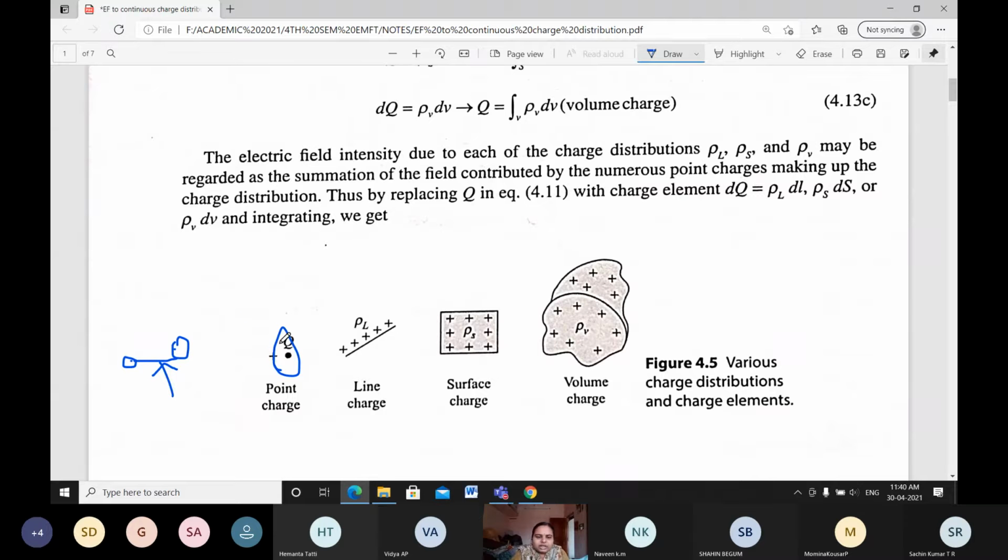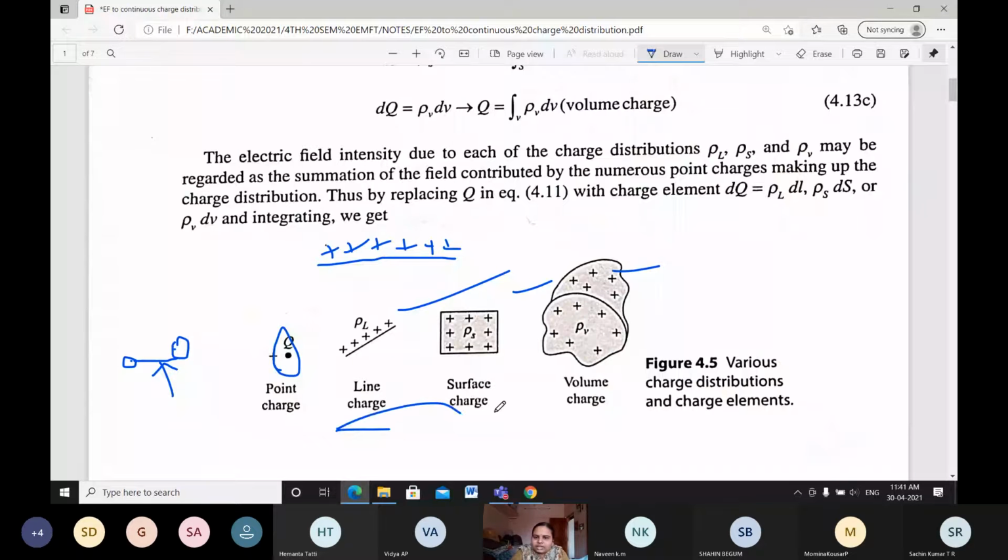Here it is given as the line charge, meaning on a line, when a point charge is there, how you have to take the equation for this, or else when the charges are on a surface. Here line charge is taken as rho L and surface charge is taken as rho S. Then in terms of volume, the charge distribution is in terms of volume, surface or else line. For these cases we will be learning what equations we get.